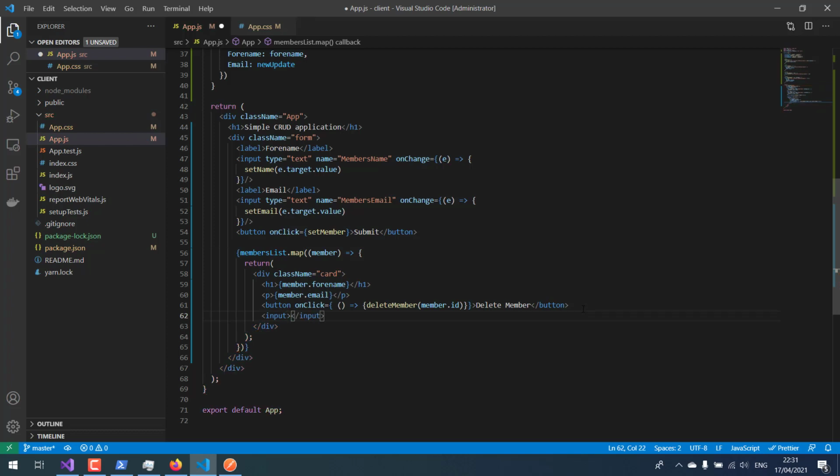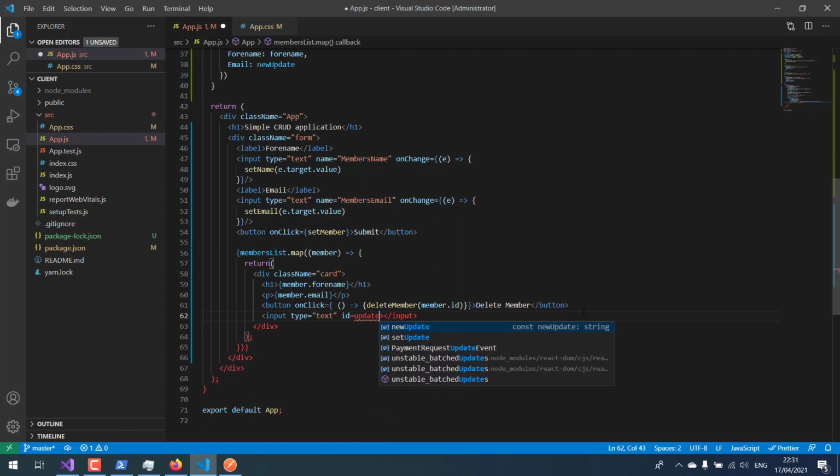Input, and we're gonna say the input is gonna be, we should say type equal to text. We're gonna name it, actually we're gonna say ID equal to update member. That need quotation, that need to be the quotation,